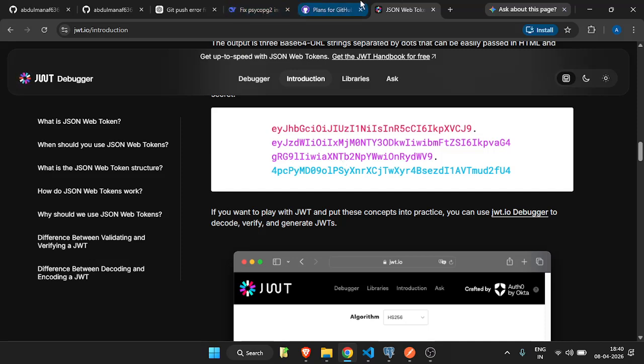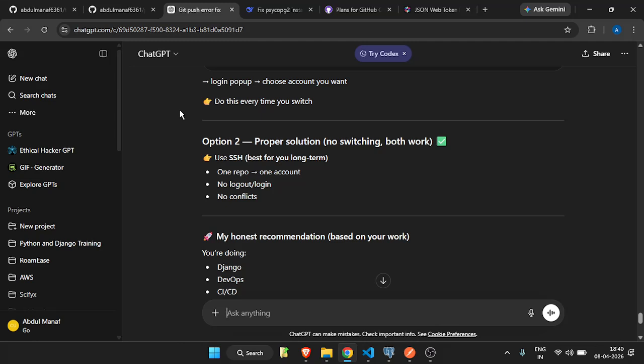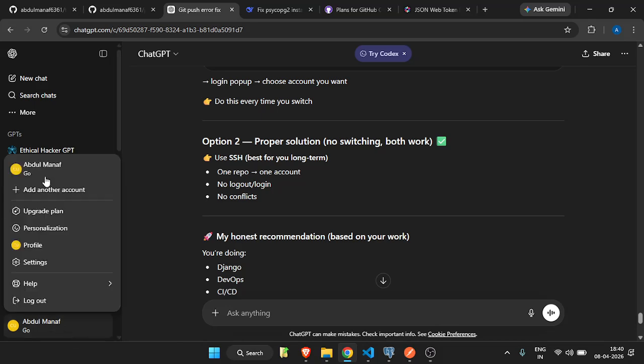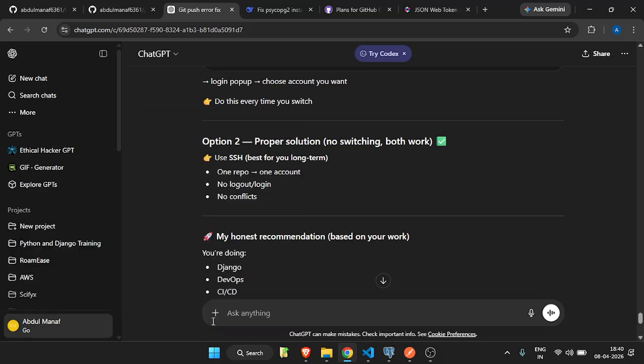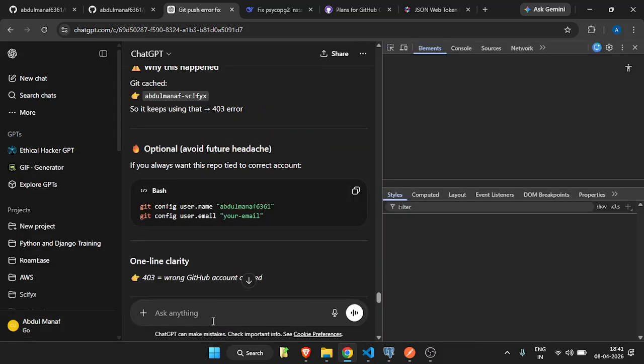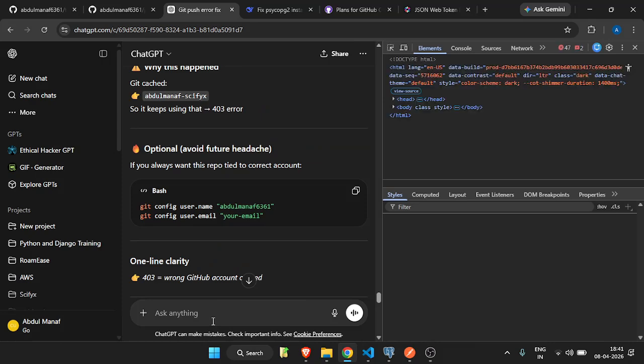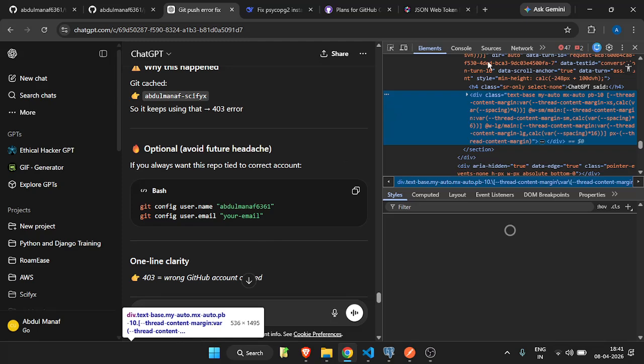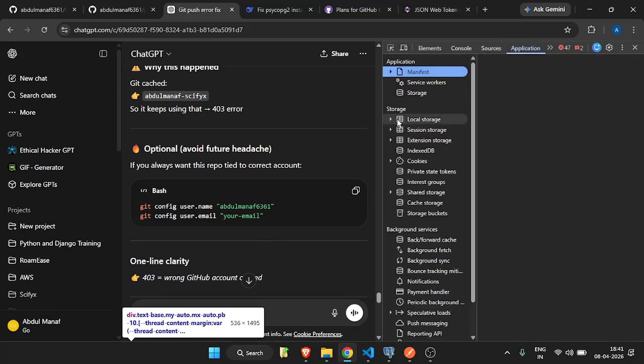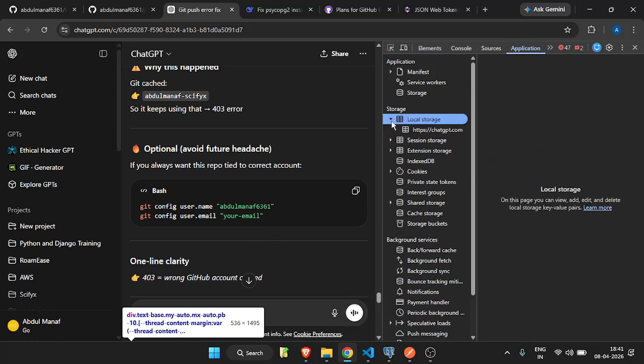Okay, I'll show one sample example where the tokens will be saved. For example, I have logged in, as you can see here. This is my account. I logged in using Google authentication. It doesn't matter whatever method you use. Here, if you inspect and go to application, the local storage,